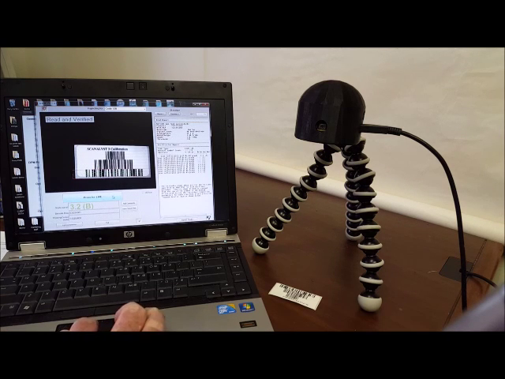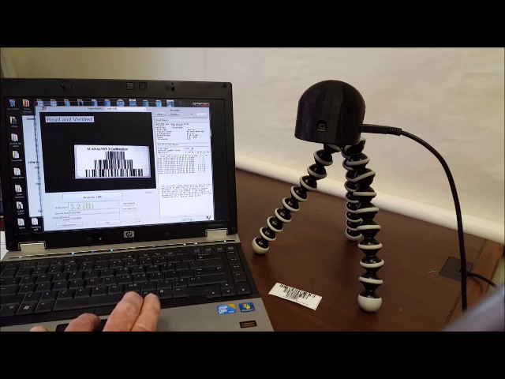So it found that and inspected it 10 times. These lines indicate where it inspected the code. With linear codes, you're required to scan it 10 times and cover the overall height of the code. So we've got some B's and some A's and some F's. I wanted to show you in linear codes that